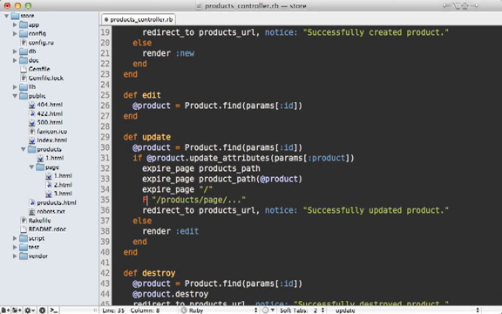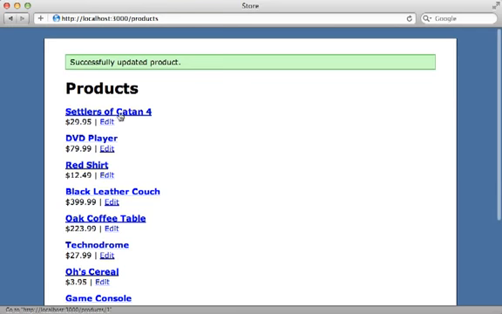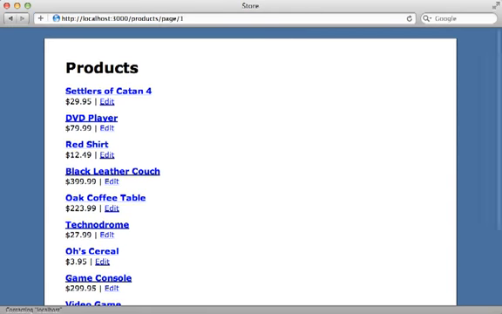So I'll do that with a call to FileUtils.rm_rf, and then I can call something called page_cache_directory, which is the directory to the page caches, because it's configurable, so it's good to call that, and then just remove that products page directory there. So now when I go to edit a product again, it'll properly flush all the caches, updating the name for each one. You can see if I go to that specific page, that works. Or if I go to the root URL, that'll work too,